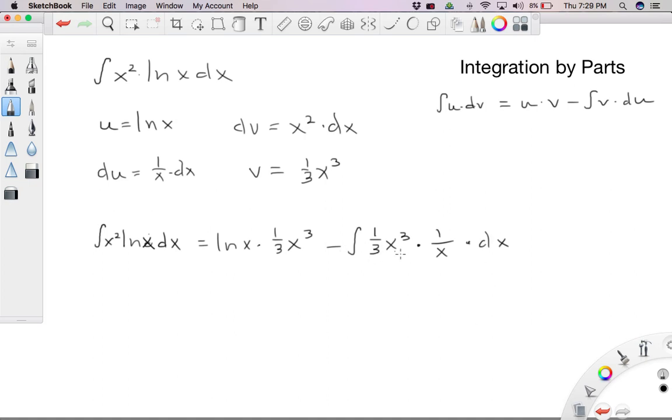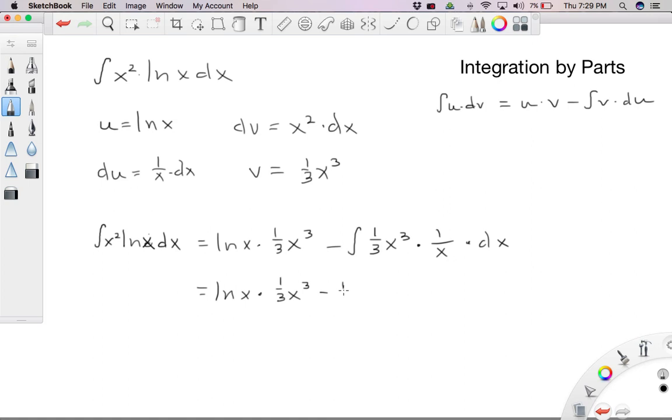And now before I solve this integral on the right hand side, I'm going to simplify it a little bit, because this x cubed and this 1 over x actually just can cancel out and leave us with an x squared. Okay, so what we have so far is ln of x times 1/3 of x cubed